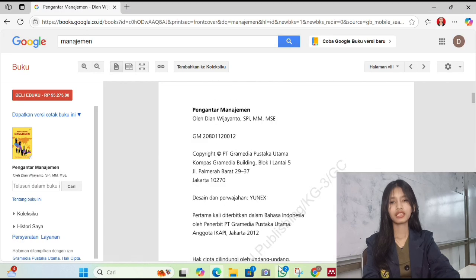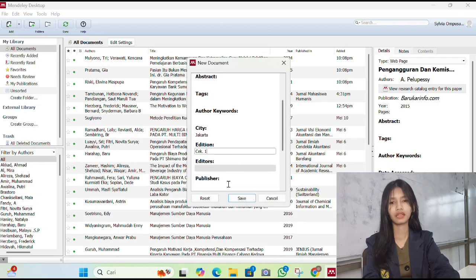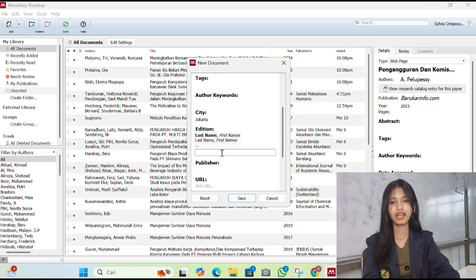Next is edition. This column is to explain which edition the book is from. The editor we can find from Google Books, but there is no editor in this book, so we can ignore that column. Next is publisher.